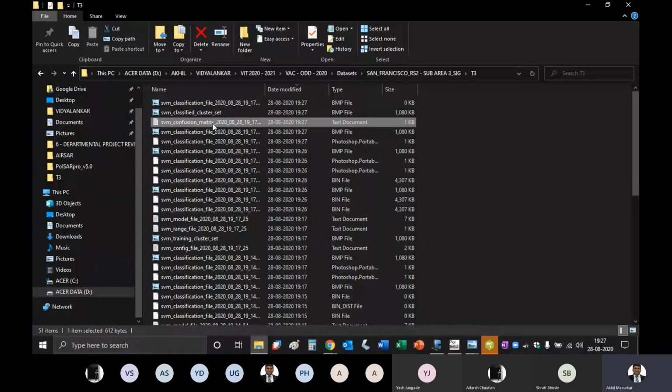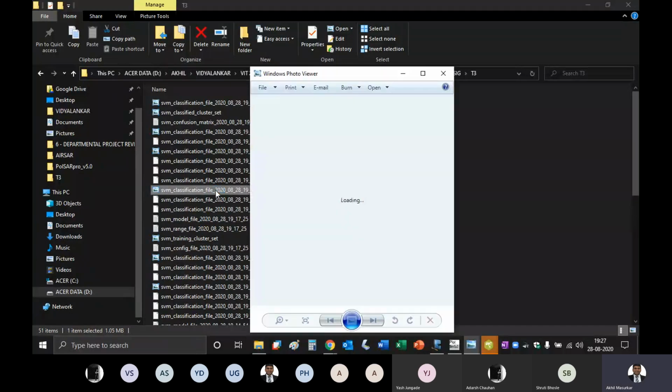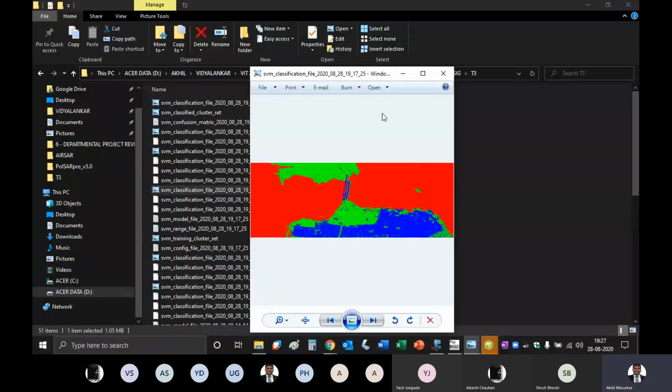This is the file that you should see, SVM confusion matrix. So let us see how well this is classified. Just by looking at it, you cannot say that it is classified well. So let's look at my classification file.